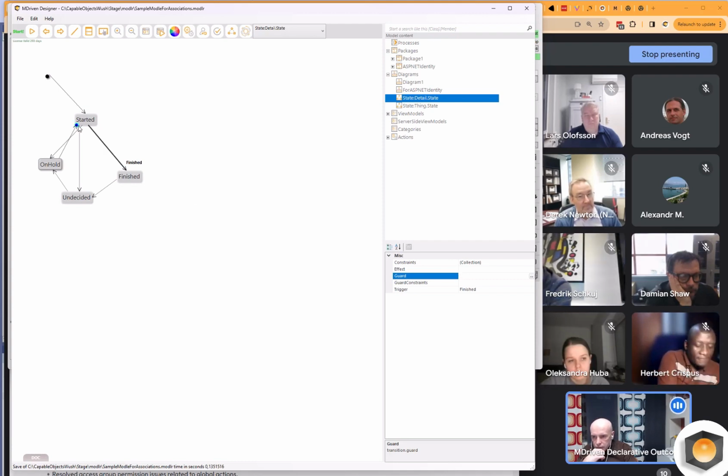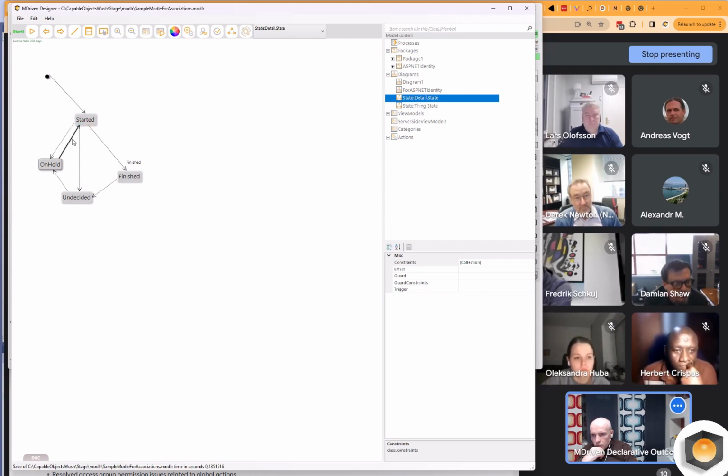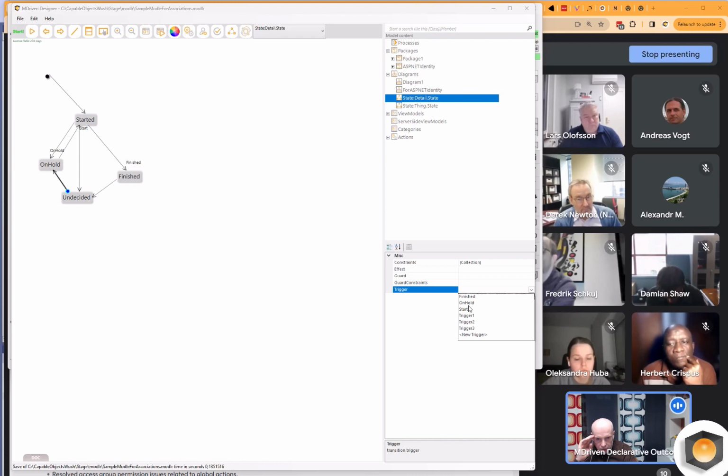And we can take a look at that soon, but so this one going back to start, I'm gonna add a new trigger, calling it start, and I'm gonna call this one for on hold, and then I don't need to do a new one for this, which is moving it to on hold. I'm just gonna find the one that I had. Yeah, okay, I did it wrong.